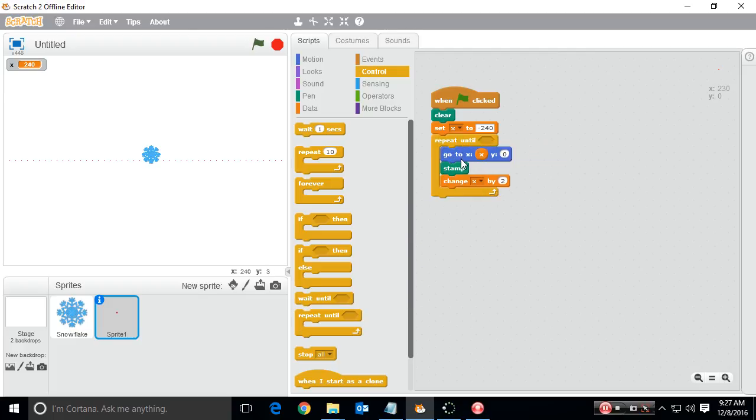I want you to pause here and see if you can figure out when you'd stop, okay? You're going to draw. You're starting at negative 240 again. You're going to go to negative 240, 0, and you're going to change by 2, 5, 10 every time, whatever. But when should you stop? When should you quit drawing? Repeat until